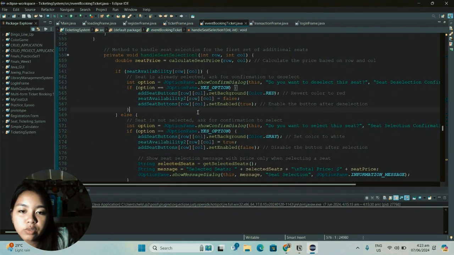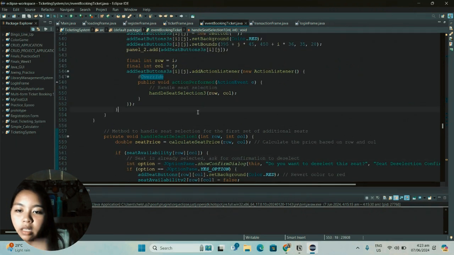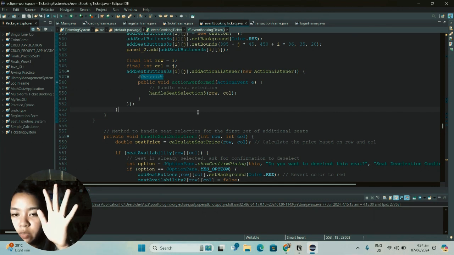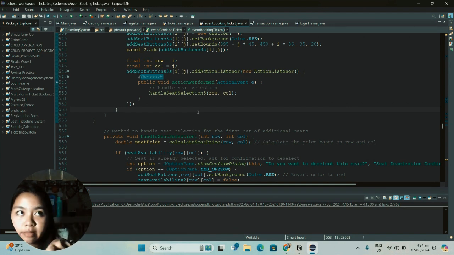Going through the code, as you can see, we only implemented the same thing. Why? Because as we can see in the program execution, when we open the event booking ticket, there are different sets of buttons, and the red buttons represent the seats.